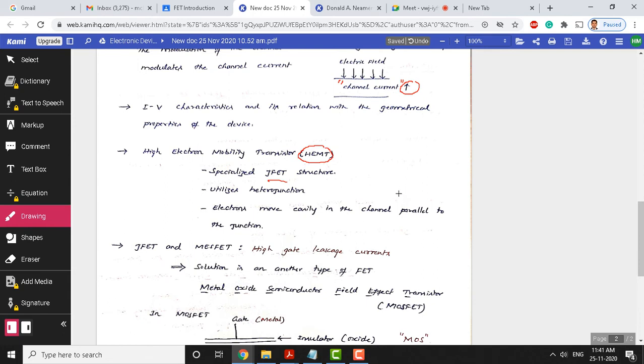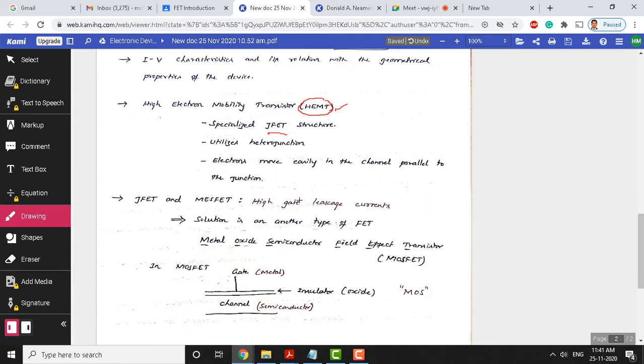Okay. So, that is the specialty in the high electron mobility transistor. We are not going into more details of this, because our aim is to cover the structural details and the IV characteristics related to the JFET only. Okay. The one drawback in advance I would like to mention is about these devices, though we cover the start in the beginning. This device, the MESFET, we are not going to cover.